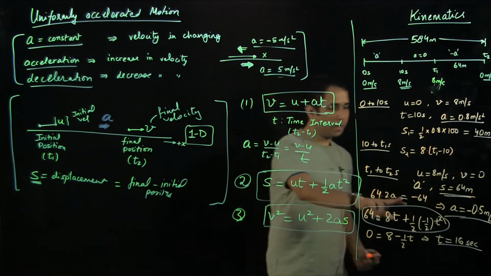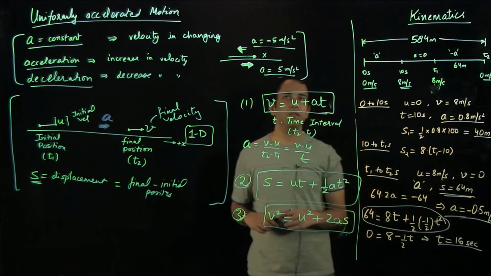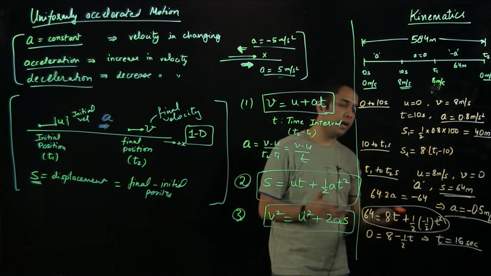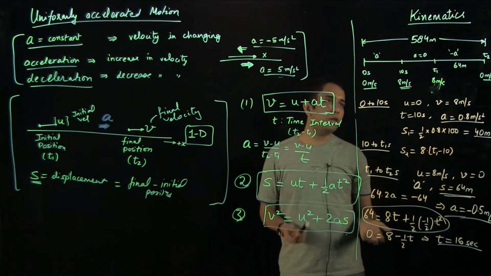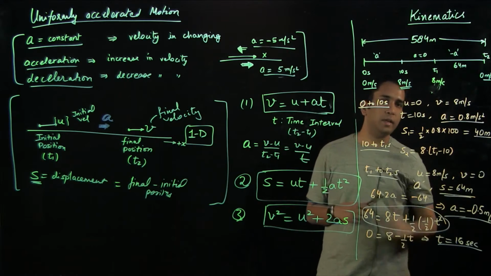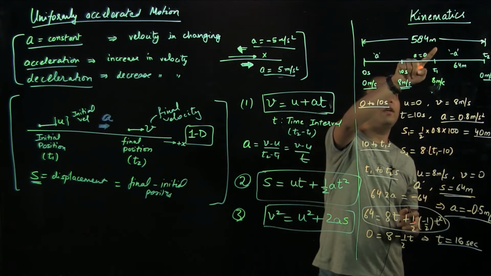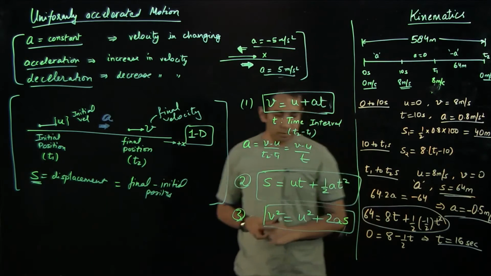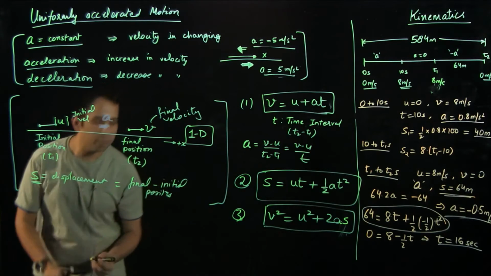We could have used the second equation as I have earlier mentioned, but then it would be really difficult to find out t using the quadratic equation, whereas using the first equation was pretty much straightforward, and I could easily find out the third time interval, which was 16 seconds. Now the only variable I don't know is t1, because I know that t2 minus t1 is 16. So we'll make use of the information which we have, that the overall displacement is 584 meters.